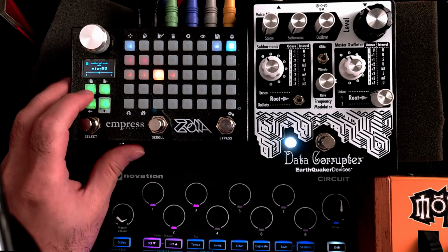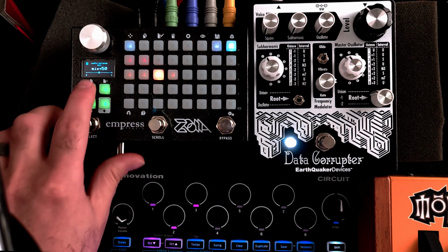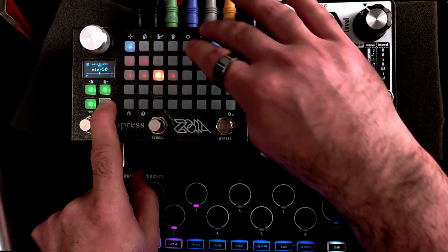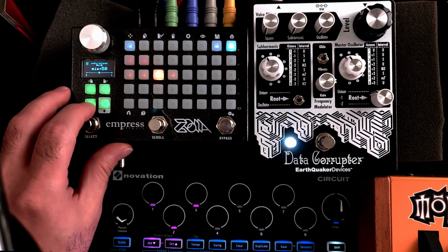Let's do that right now. So I've got the setting, the mix button highlighted. I want to hold shift and hit the star button. This will add it into the star effects, the favorites. And then from there